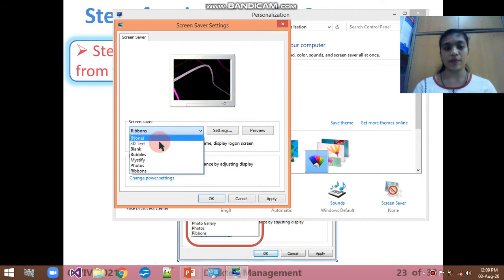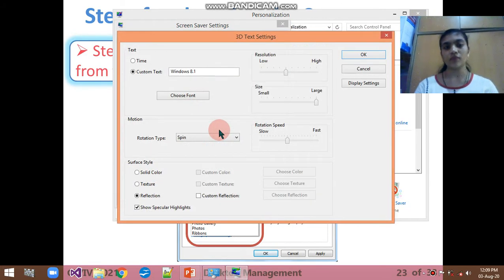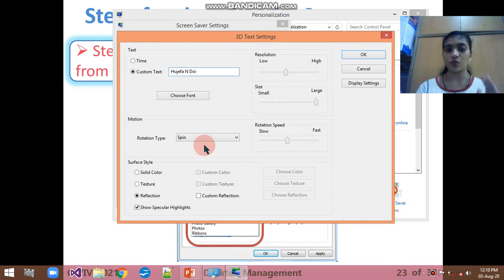For example, I will show you the 3D text here. Go to settings. What do you want to write here? By default it writes Windows 8.1. I am writing my name. Resolution and all things are already set, so don't worry, no need to change that. You can see the rotation type is spin.